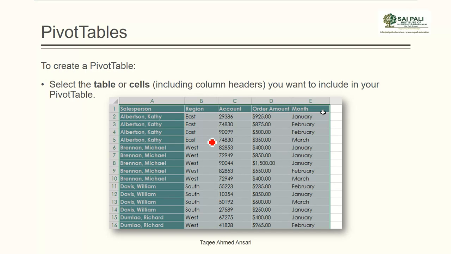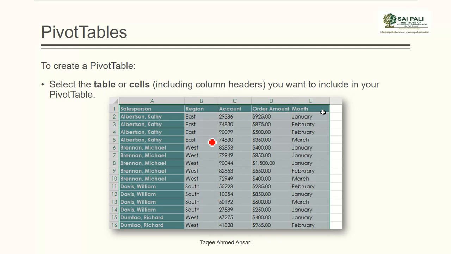Now how to create the pivot table? First select the table or the cell range which you want to use to create the pivot table. The cell range or the table which you are selecting must have headers.